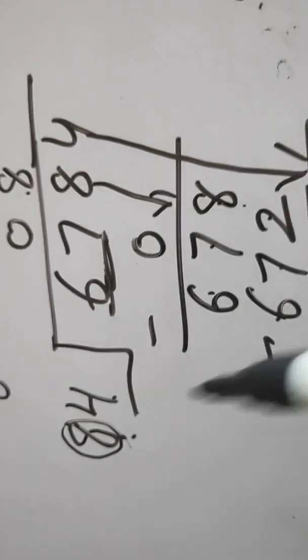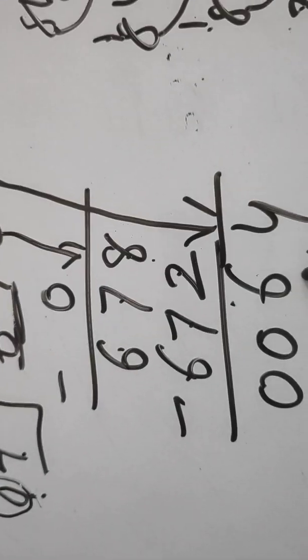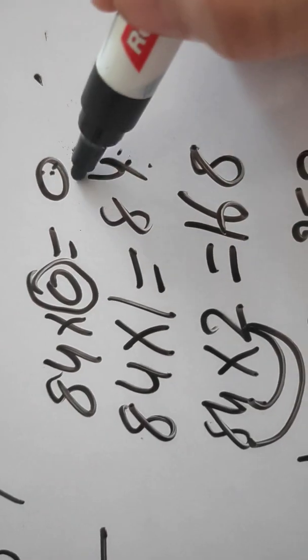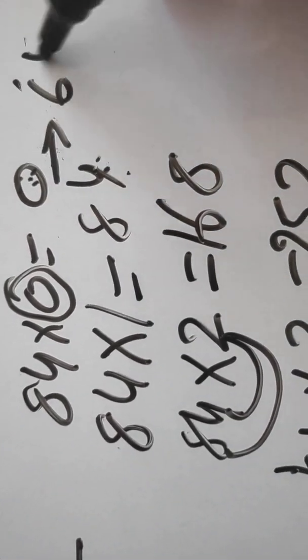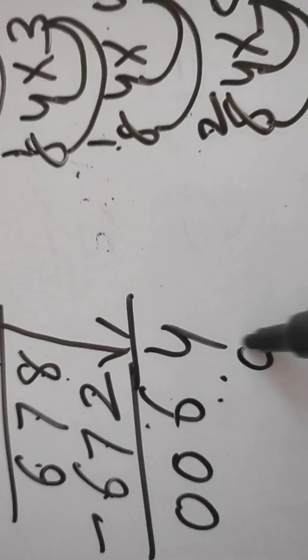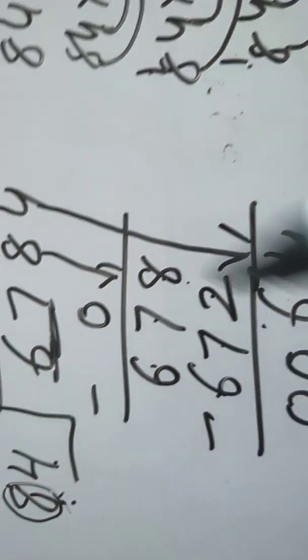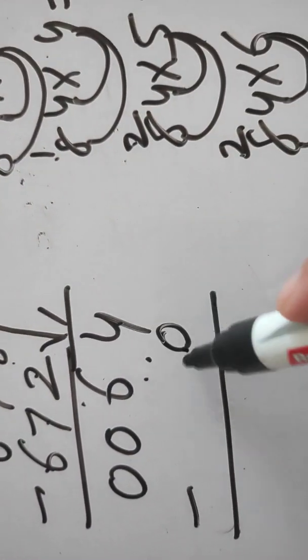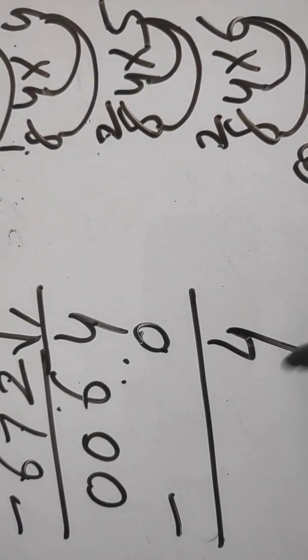Now again 64, here is 84, here is 64. It is small, so the table will not go on 1. 64 lies between 0 to 84. The table goes on zeros, so you will write here 0. Product is also 0. 84 zeros are 0. Remainder is 4 minus 0, 4.